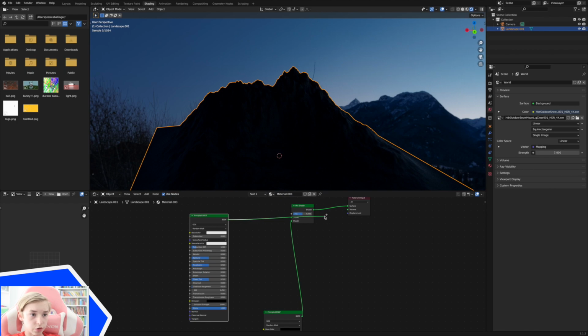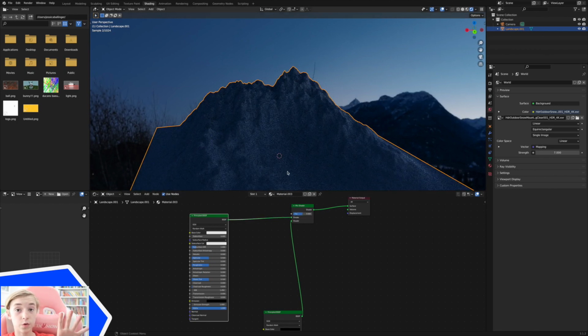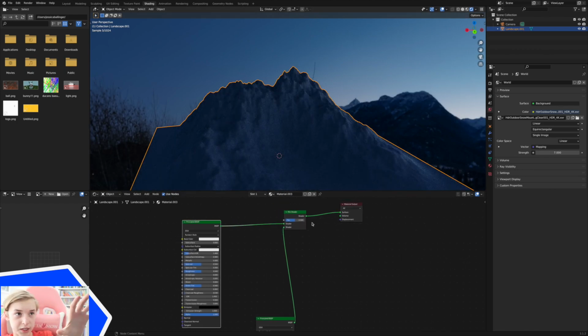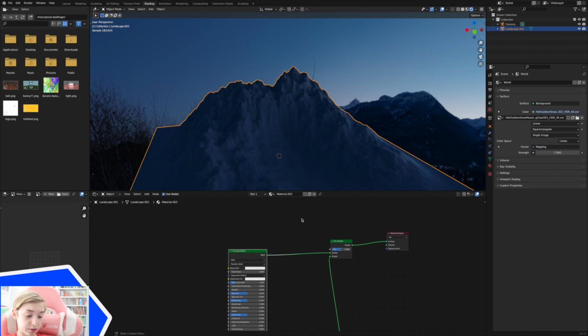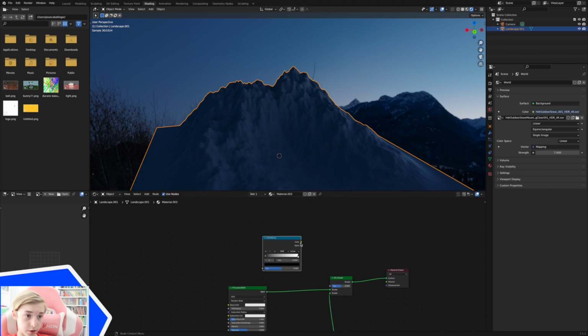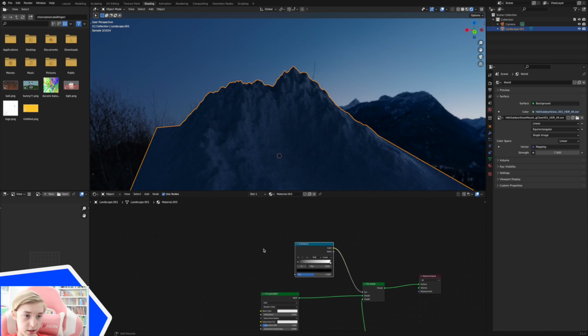And so this is great, but you want it to be globby around your whole mountain, starting at the top, maybe having more snow, and then going down less snow. The way we can make this work is we go Shift A, add in a converter color ramp, bring it up here, put the color into the fac, and then you go Shift A, add in an input geometry. You're going to put the pointiness into the fac,